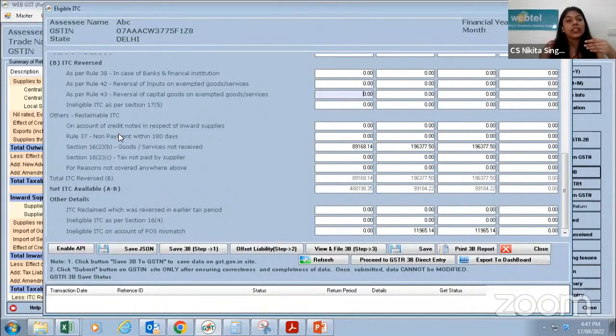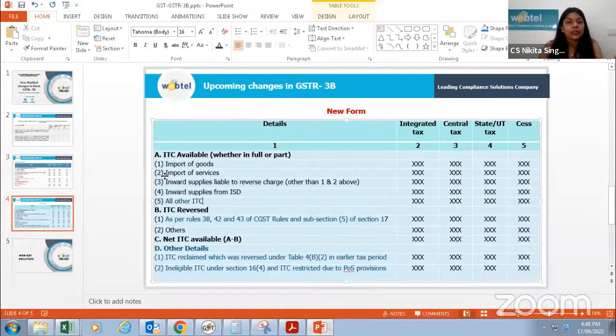And in case I have not made the payment within 180 days, so I need to reverse it. वो यहाँ आ जाएगा. Section 16(2)(b)(2)(c) के जो deferred data है जिसपे मैं इस month credit नहीं ले रही, वो इनके सामने आ जाएगा. And for reasons not covered anywhere else, इसमें कौन से reasons आएंगे? अगर suppose GSTN से कोई invoice आ रहा है, मैं उसको reject कर रही हूँ, या फिर मैंने पिछले months में कोई extra ITC avail कर लिया था, but अब मुझे वो गलती से कर लिया तो I need to reverse it, so that credit will come in for reasons not covered anywhere else. So the sum total of all these 4-5 heads which I have shown to you will go in my 4B2,